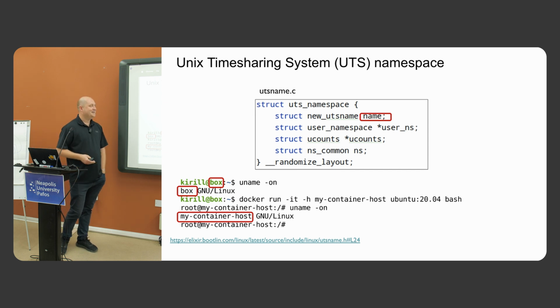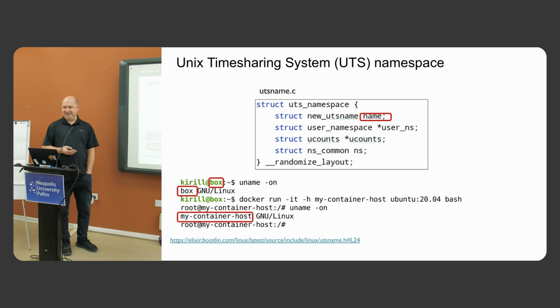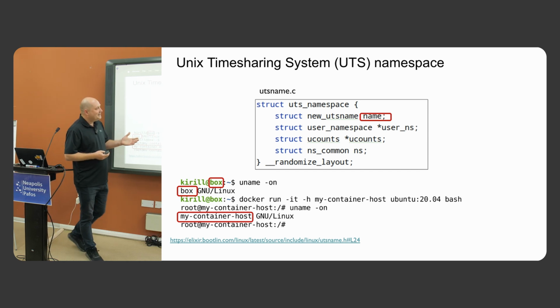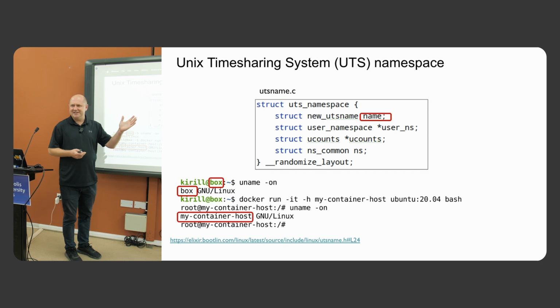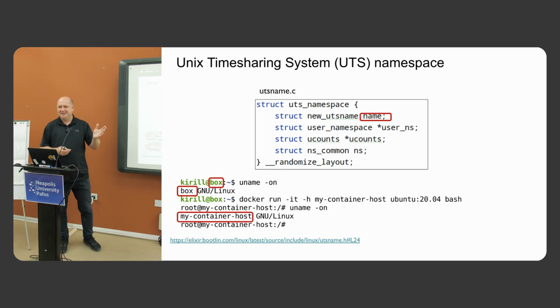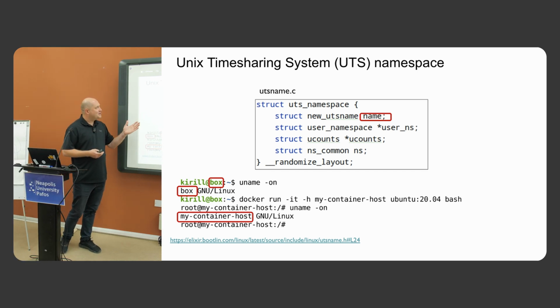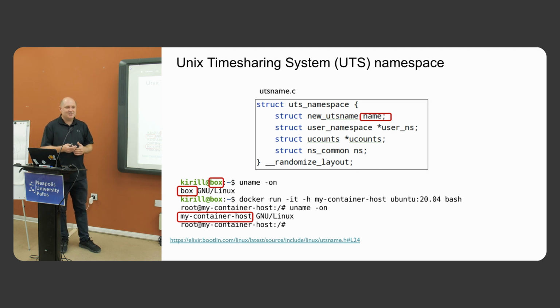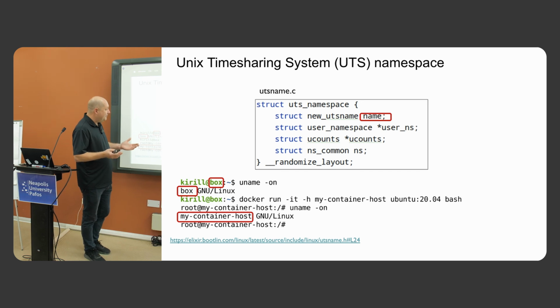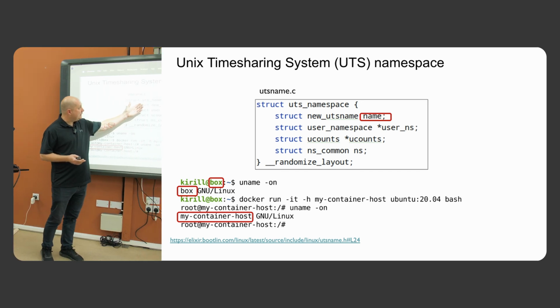This is about such kind of sharing, not about sharing time, but about sharing machine time. And when people start reading this, they get confused why Unix Timesharing System shares information about host name, right? It's strange. But anyway, this is UTS